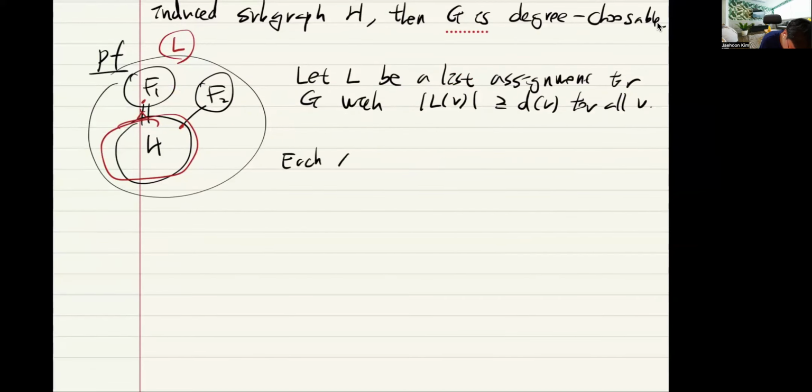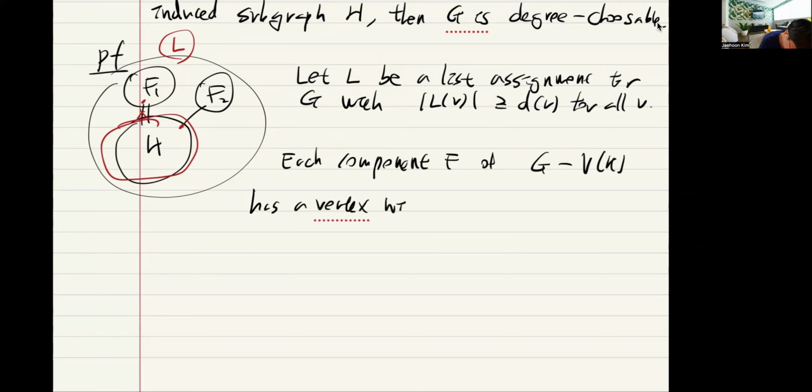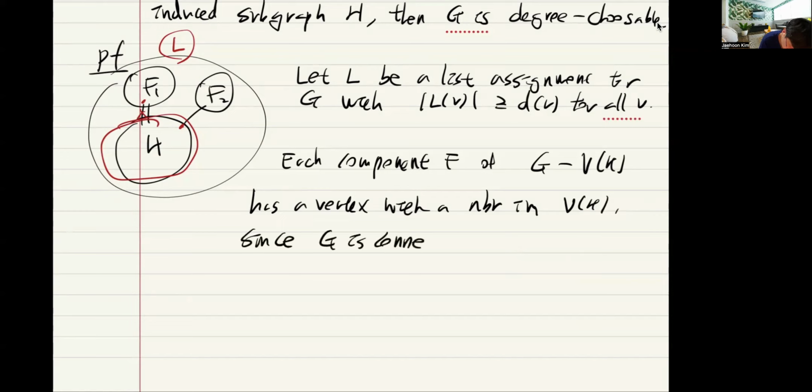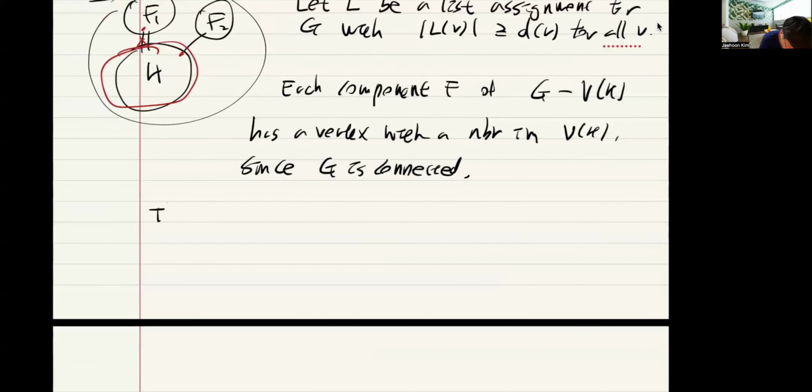And you consider each component F of G minus the vertex set of H. Each component has a vertex with a neighbor in H, since G is connected. So that means, if we use the same list as in G,